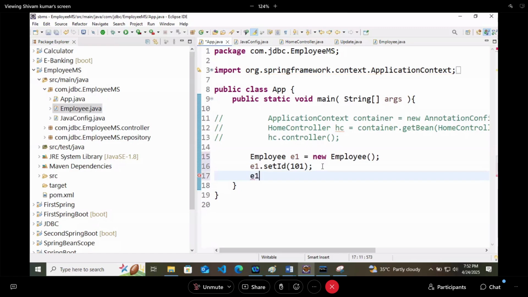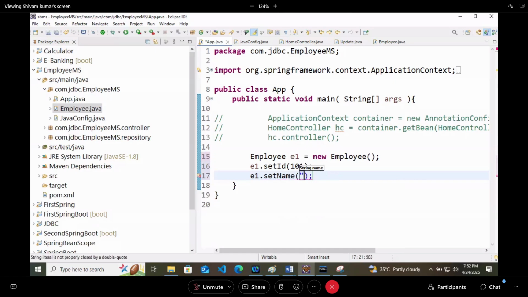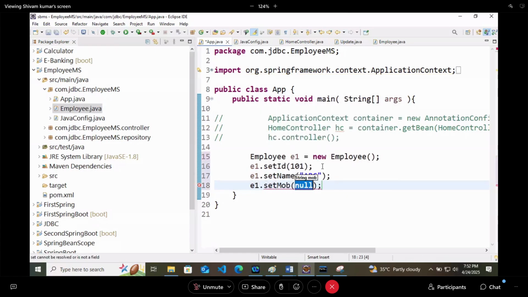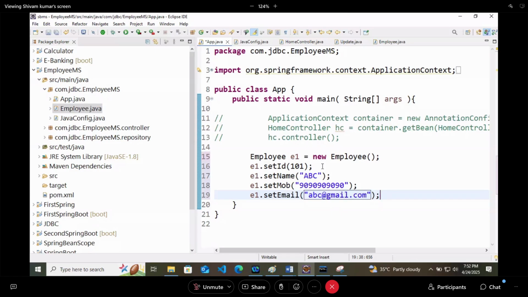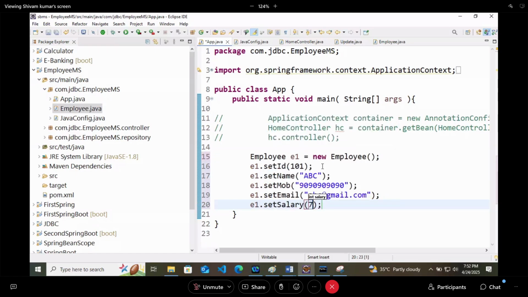Then e1 dot setName, let's say ABC. e1 dot setMobileNumber, also a string. Then e1 dot setEmail, something like abc at gmail.com. And then at last e1 dot setSalary, some sort of salary.